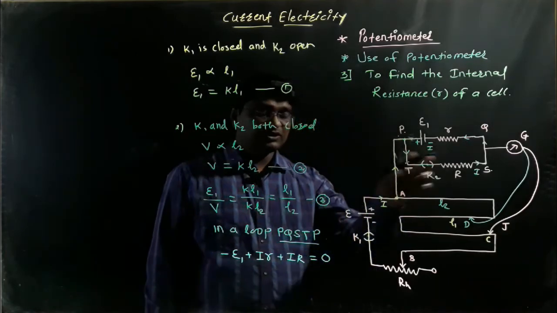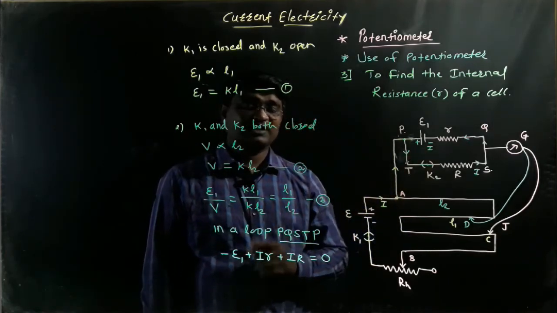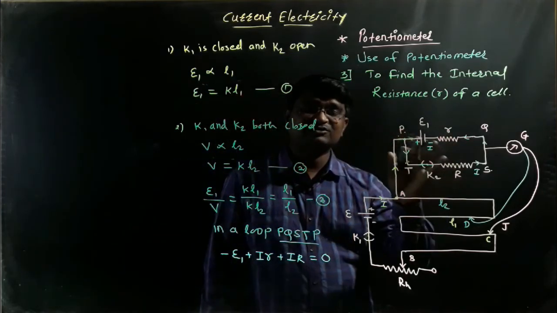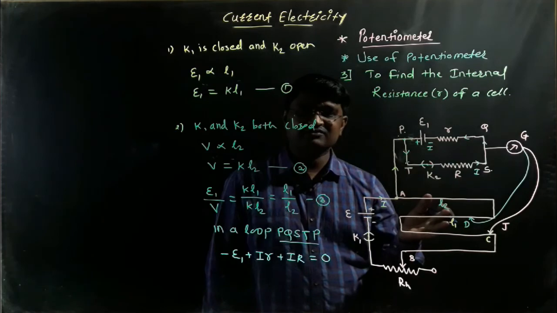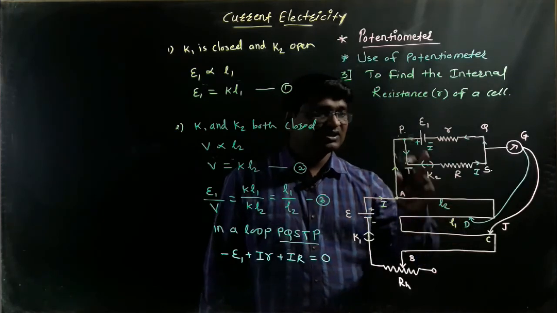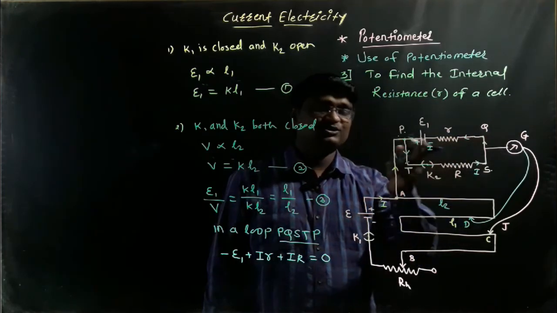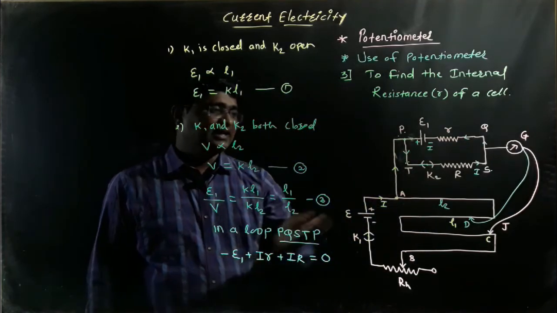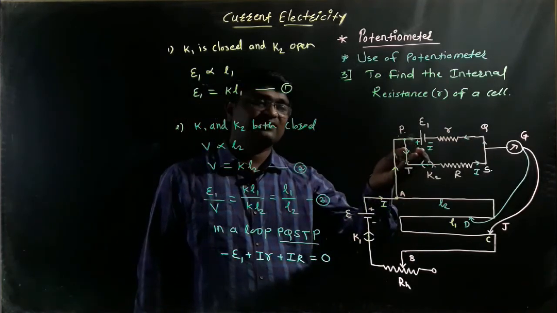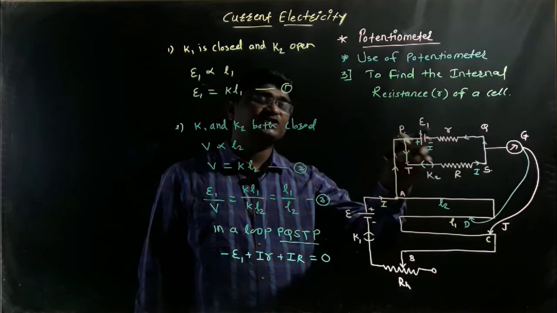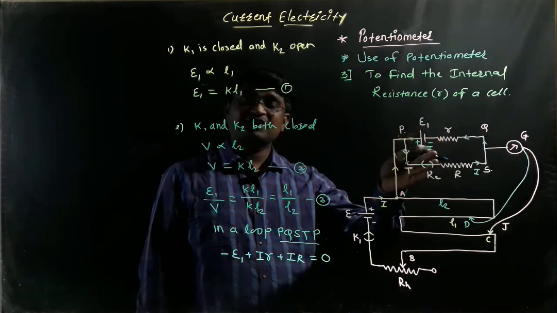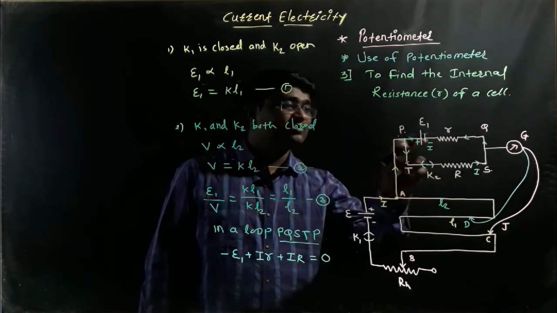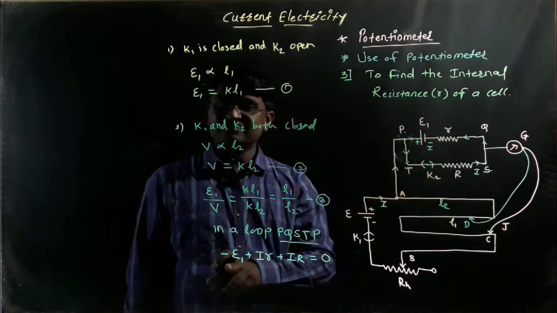And this totally operates with the help of sign convention, and you know that very well. If the direction of tracing is exactly similar to the direction of electric current, the potential is negative, otherwise the potential is positive. Here the direction of tracing and direction of electric current are exactly opposite, so potentials are positive. And what is the sign convention of a cell? If we are tracing from positive to negative, the cell is negative. If we are tracing from negative to positive, the cell is positive. But here we are tracing positive to negative, so that's why the cell will be negative.